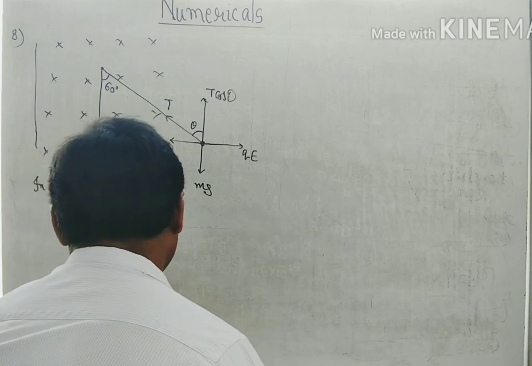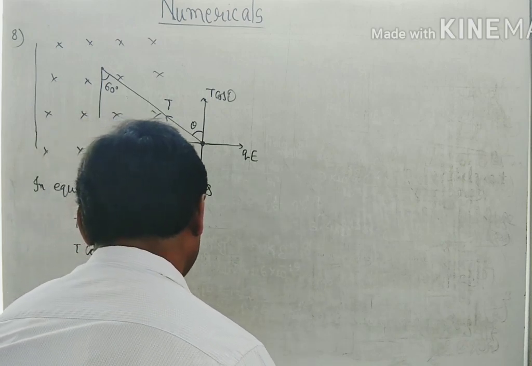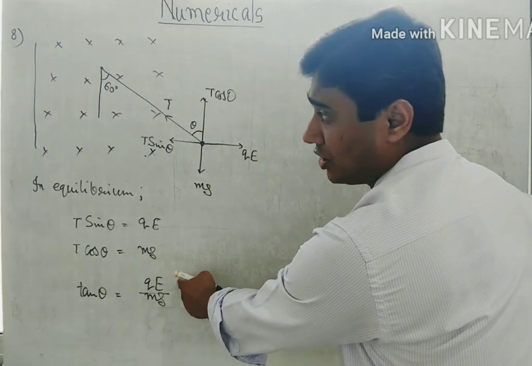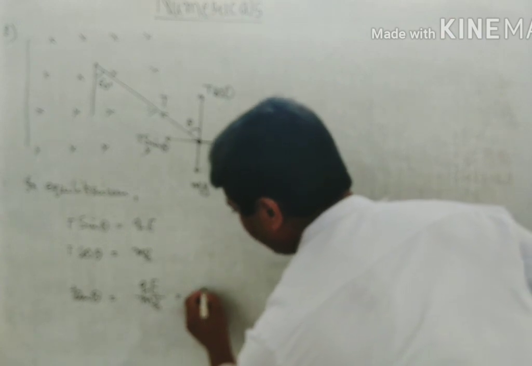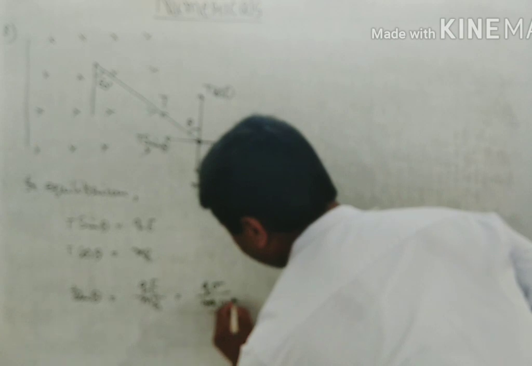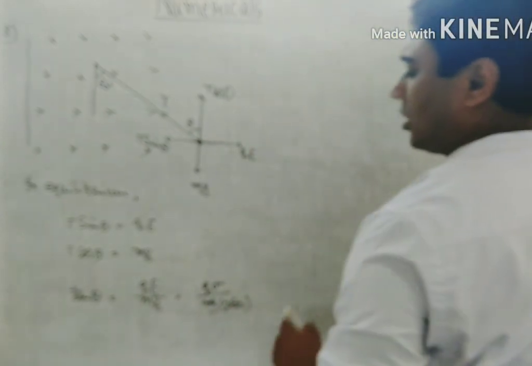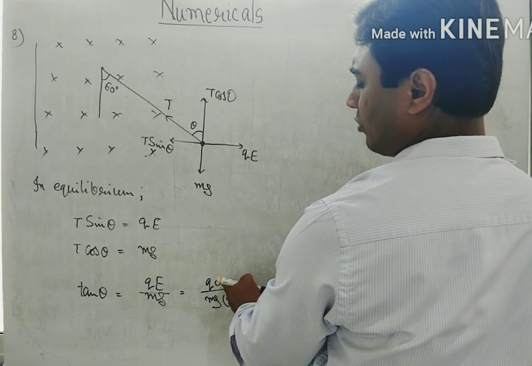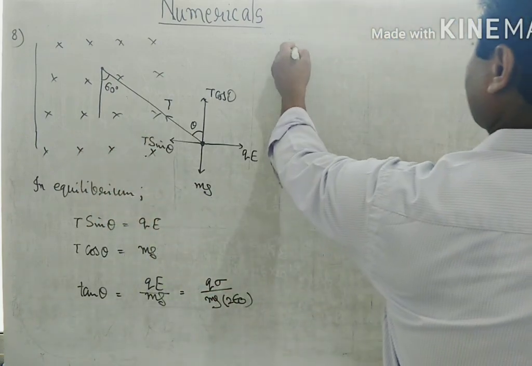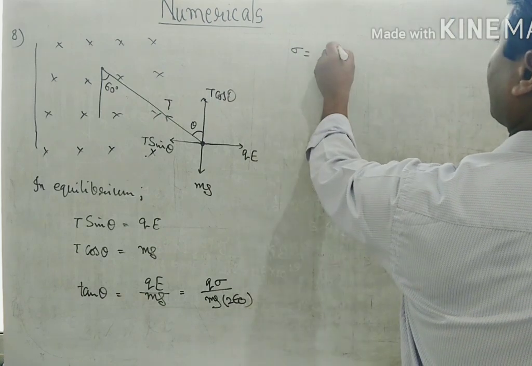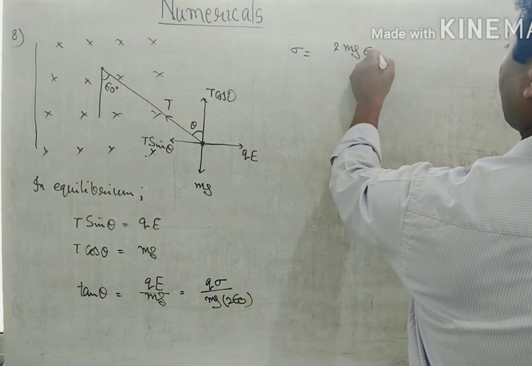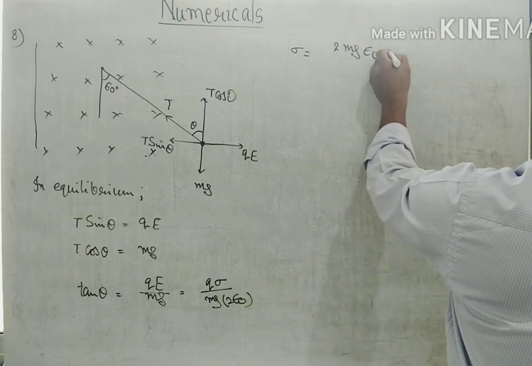Just by dividing, we get tan theta. So tan theta equals QE upon mg, and the electric field E due to the charged non-conducting sheet is sigma upon 2 epsilon naught, so tan theta equals Q sigma upon 2 epsilon naught mg. Now here we must find sigma, so cross multiplying the rest of the things, the sigma value we get is 2 mg epsilon naught tan theta